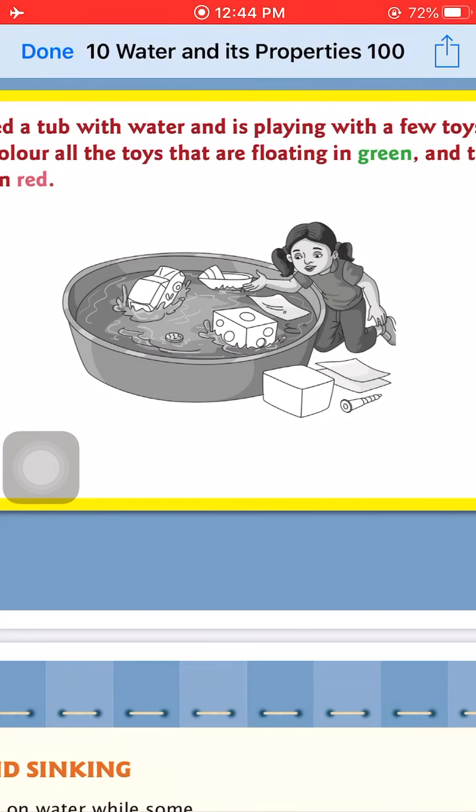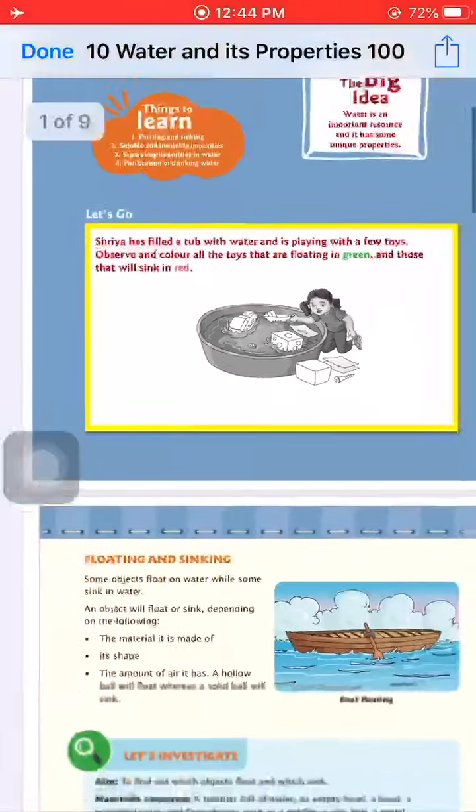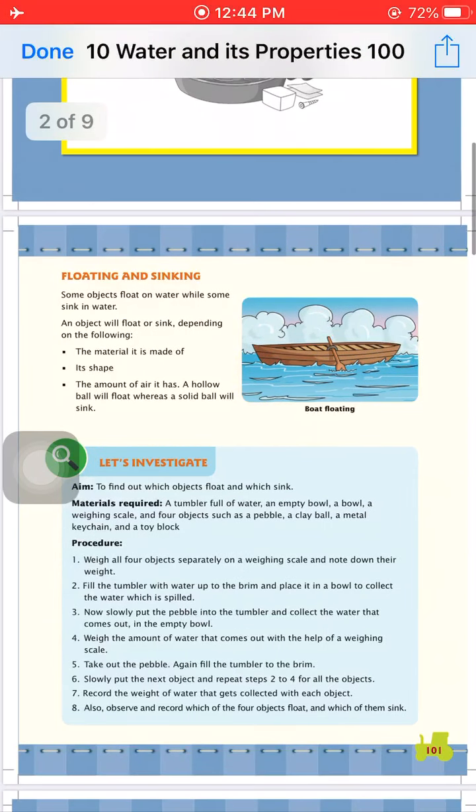Next is a cube made up of wood, and the square shape is also helpful to prevent the object from sinking. So these are some objects that we discussed in this picture. Okay,